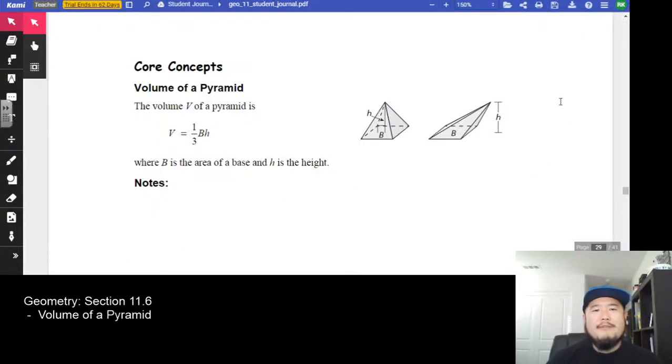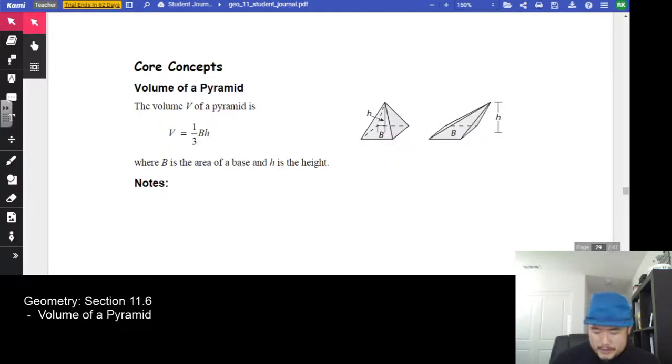All right, in 11.6, we are now looking at the volume of a pyramid. Now, a pyramid, you guys have probably seen pictures. Maybe you know them to be in Egypt. You see it in movies, cartoons, you name it, and you can see the diagram right here. It usually consists of sides that are triangular. Okay, the triangles all meet at a vertex at the top,